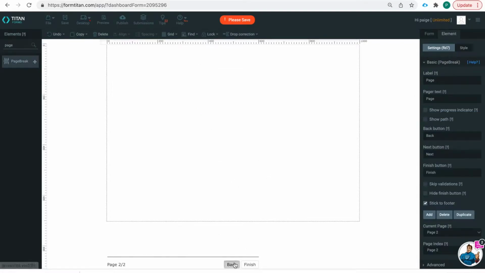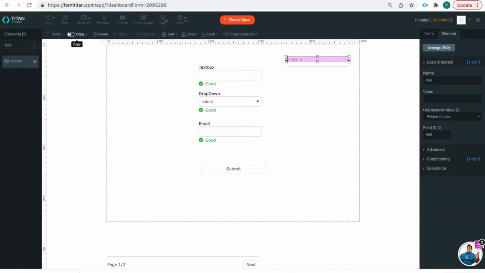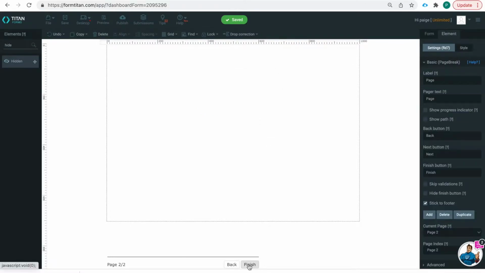And also, if I were to have a hidden field here, I can access the value in that hidden field at any point in my form. So I never had to pass the value from this hidden field anywhere else